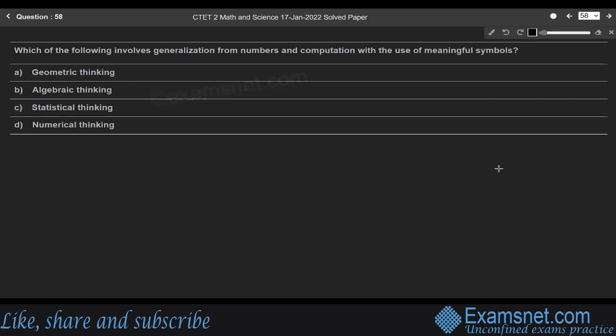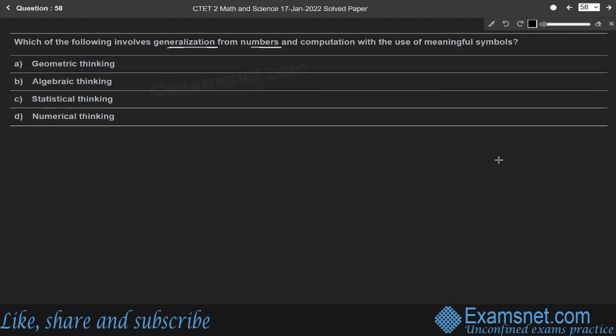Question 58. Which of the following involves generalization from numbers and computation with the use of meaningful symbols? Geometric thinking, algebraic thinking, statistical thinking, and numerical thinking. So, mathematics is the science of structure, order, and relation, which emerged from primitive activities of counting, measuring, and describing